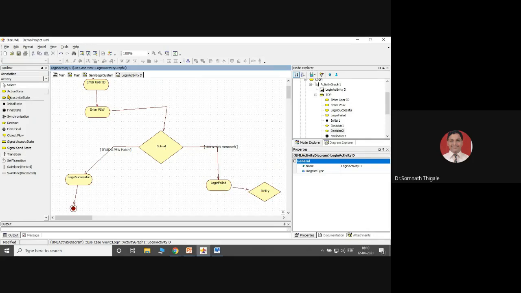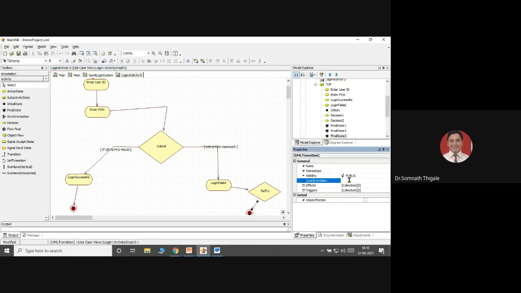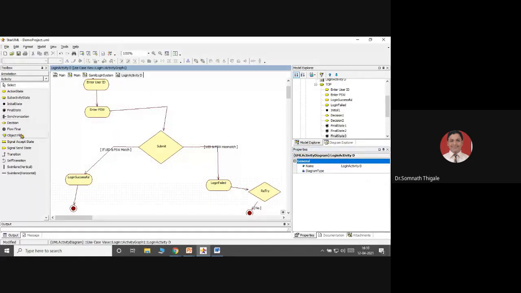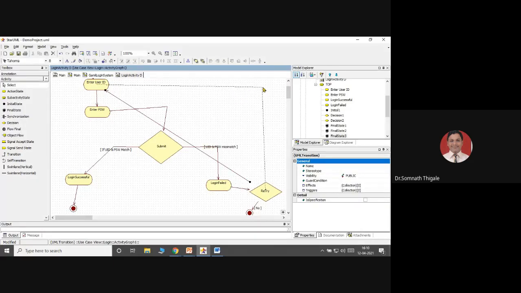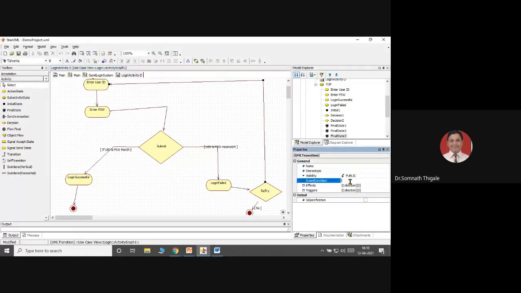Okay, if your answer is correct, meaning if you are interested or if you are not interested, accordingly I will put the condition here: not interested. So no, directly end, or if yes, we start again with entering user ID. Select this to this, rearrange, and your answer is with the condition as yes.